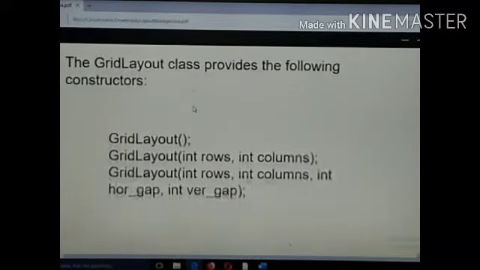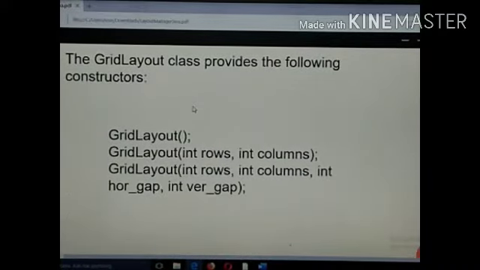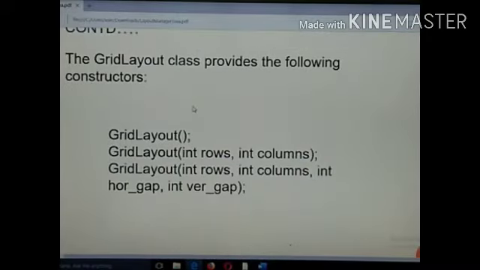So here you have the constructors for the grid layout. One is the empty constructor, grid layout. Second form creates a grid layout with a specified number of rows and columns. And third form allows you to specify the horizontal gap and the vertical space or gap between the two components.